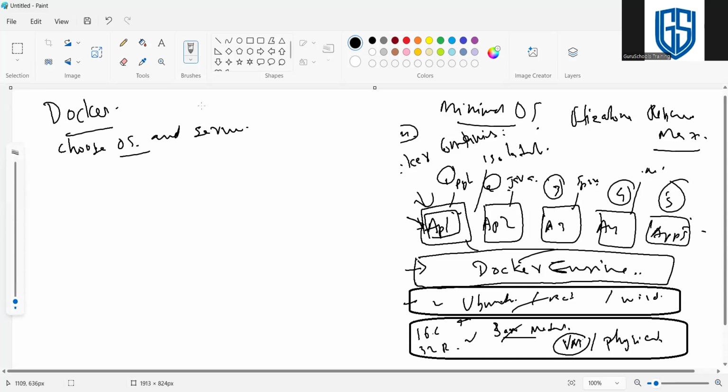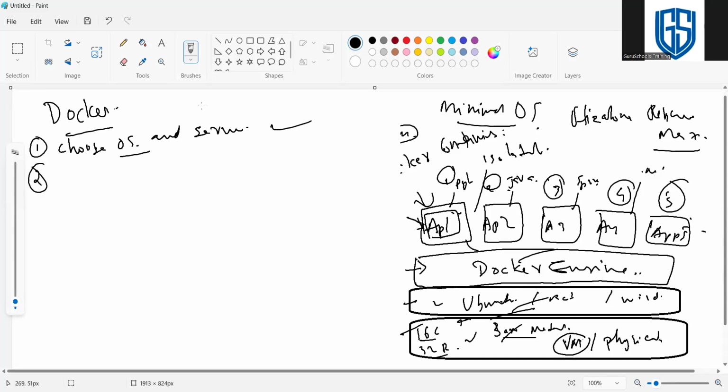That is done. Here you can see we chose one server with a configuration of 16 CPU and 30 GB RAM. And we chose the operating system as well, Ubuntu. So the first part is done.